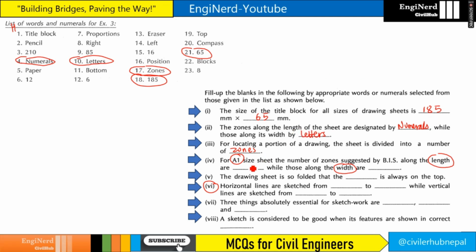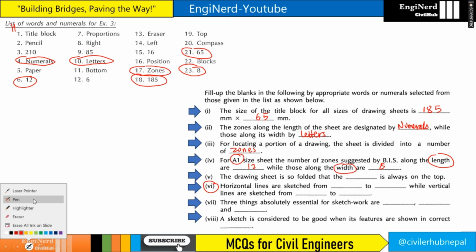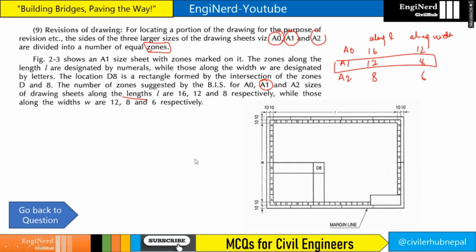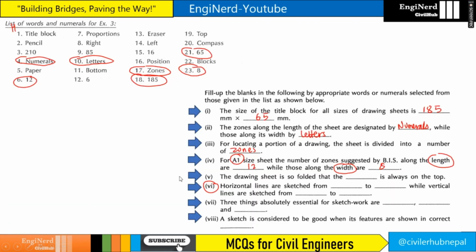Along the length it's 12, right? 12, and along the width it's 8. So is there any 12 and 8? Okay, here is 12 and here is 8. Let's see again, 12 and 8, right? Okay, we are good. So next is the drawing sheet is so folded that the dash is always on the